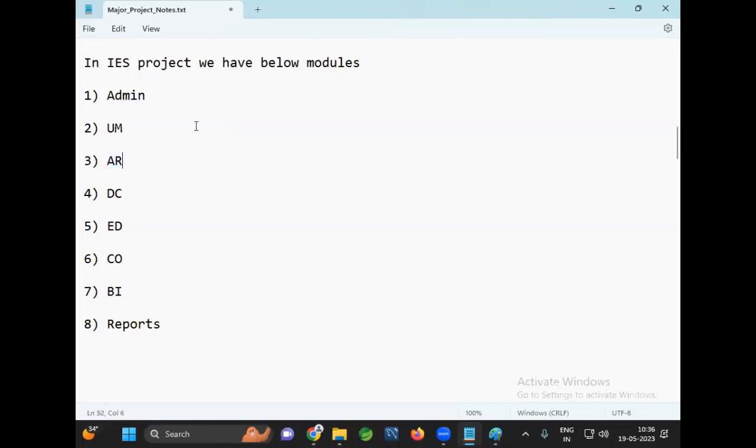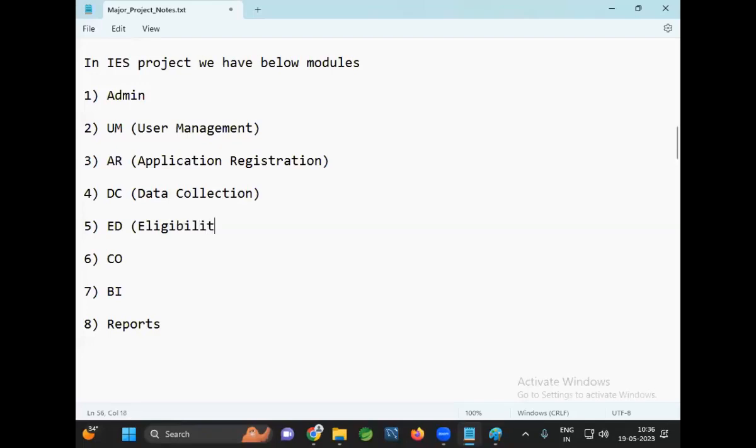AR, nothing but application registration module. Data collection, to collect the data from the citizen. ED, eligibility determination: who is eligible for the plan will be determined by the ED module. CO module, nothing but the correspondence module. And the BI module, the benefit issuance module, is available.